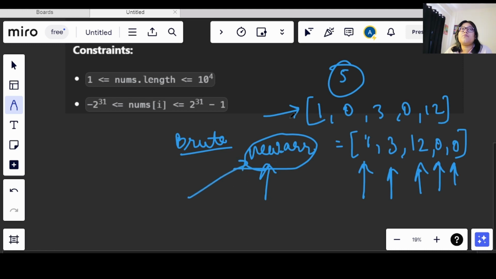We just need to make changes inside this array, and the space complexity will be O of 1. What this means is you cannot have any other data structure which takes the same space as the array that is provided to us, and the time complexity we also need to maintain as linear, that is O of n.